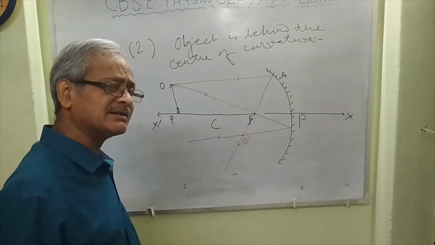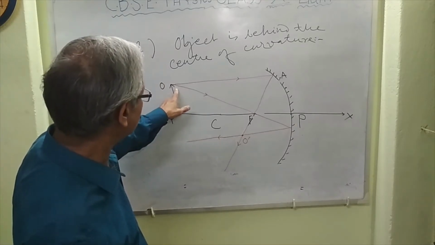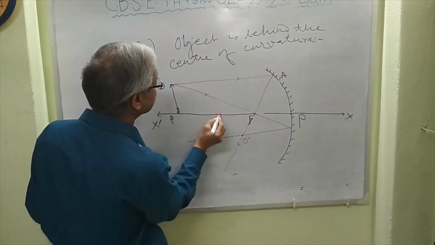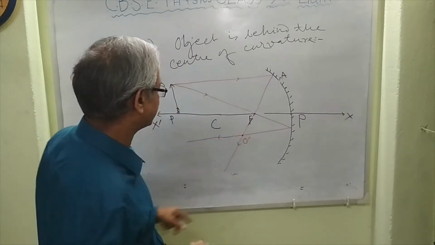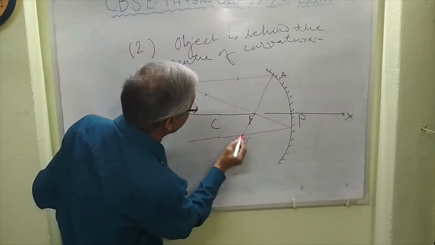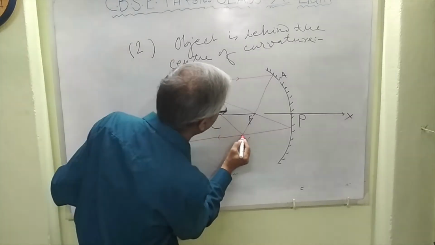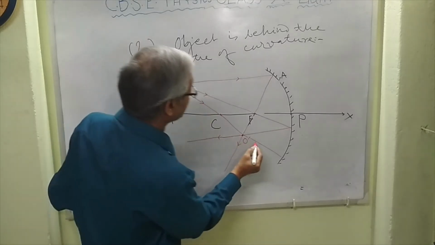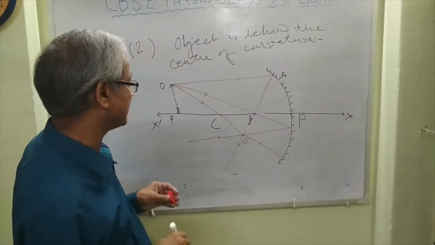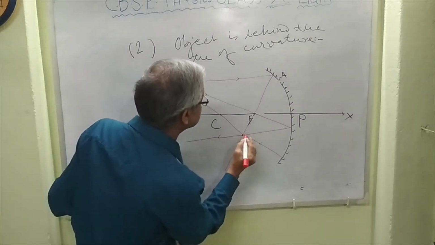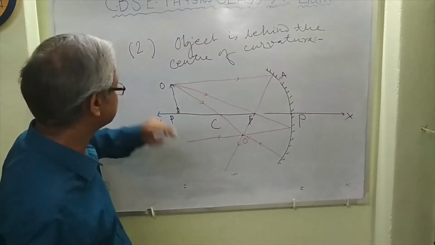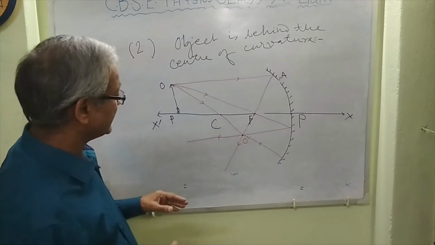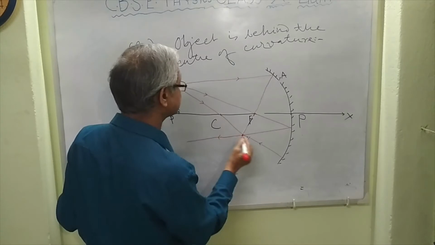At point O dash, another ray should be taken if required, but it is not required here. Then we show this also, that is, if a ray of light is passed through the center of curvature, it comes back because it falls perpendicular. Hence it comes back, that is, it retraces its path after reflection. This is the point O dash, where the three rays from O meet after reflection. Now, if we draw a perpendicular on the principal axis from O dash,